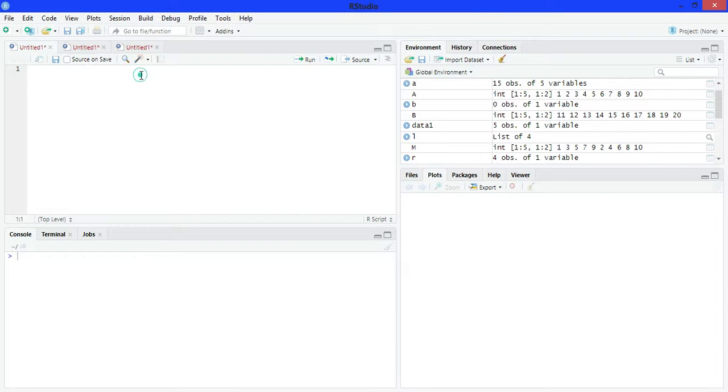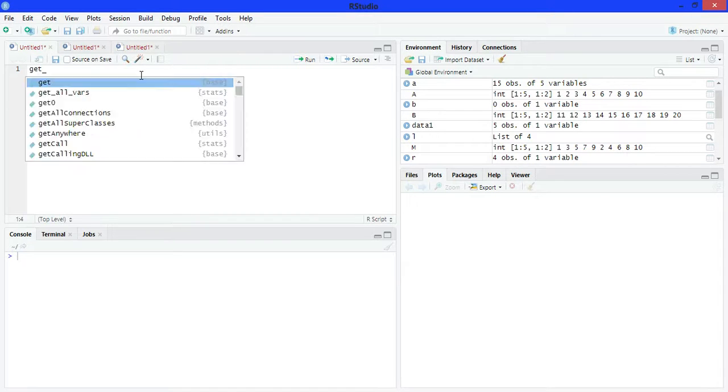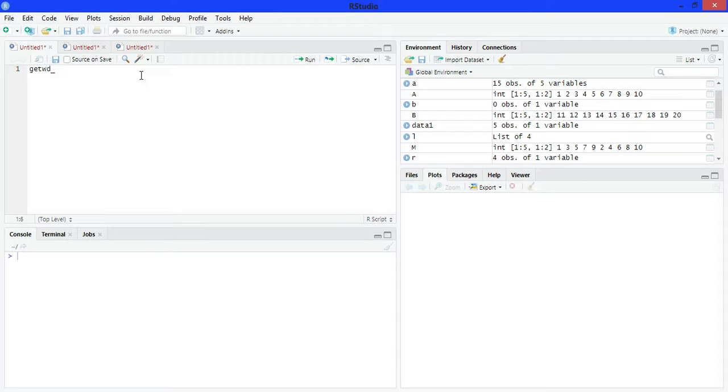First write getwd. Getwd means get working directory. This function returns a location where we have to keep our CSV file. Run it. See, this is the location where we have to keep our CSV file. Now move your CSV file to this location.